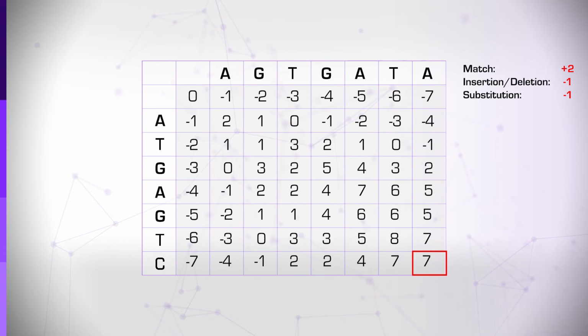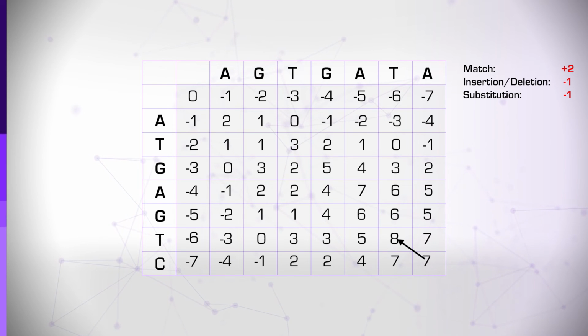Usually, we don't attribute much significance to this value by itself, but the matrix can guide us in calculating and presenting the alignments that represent this optimal sequence similarity. To this end, we need to backtrack the trajectory in the matrix. We start from the lower right cell and we ask which of the neighboring cells is responsible for its value. Here it is a diagonal cell, because if we would come from the left or top paying the required penalty, the value would have been 6 and not 7.